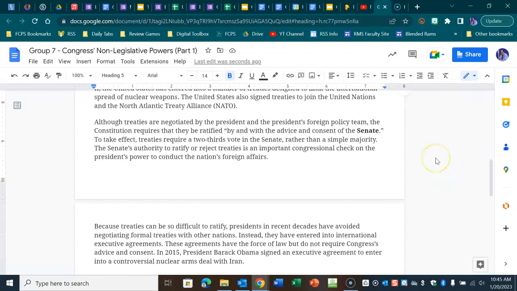Although treaties are negotiated by the President and the President's foreign policy team, the Constitution requires that they be ratified by and with the advice and consent of the Senate. To take effect, treaties require a two-thirds vote in the Senate, rather than a simple majority. The Senate's authority to ratify or reject treaties is an important congressional check on the President's power to conduct the